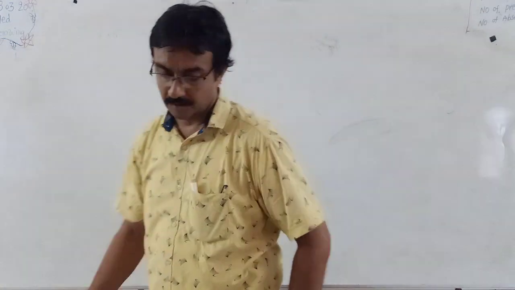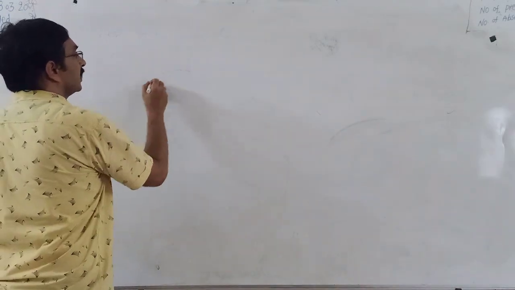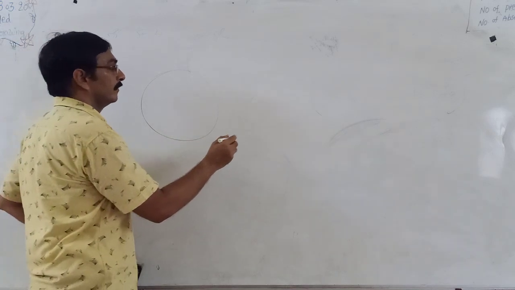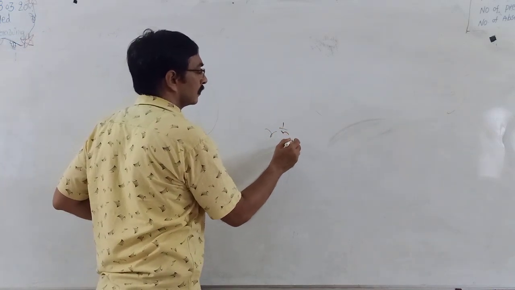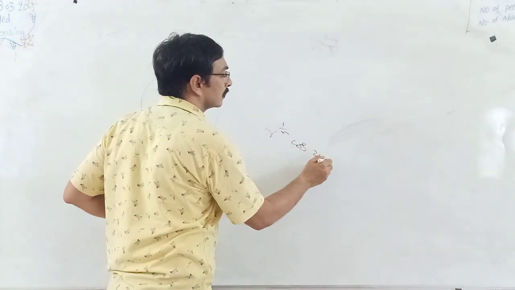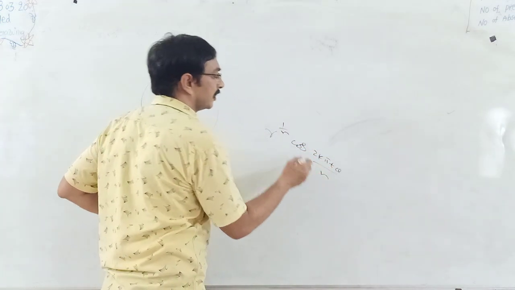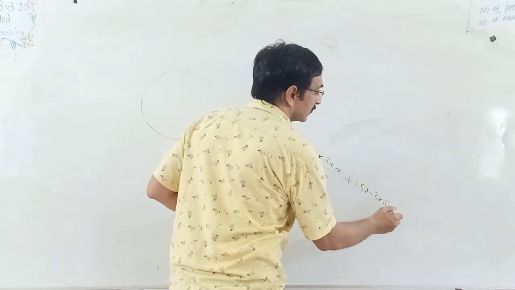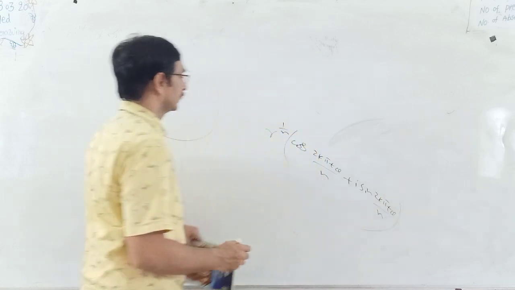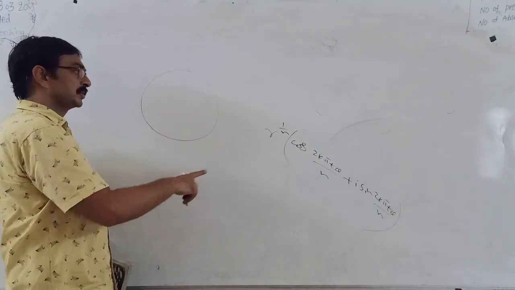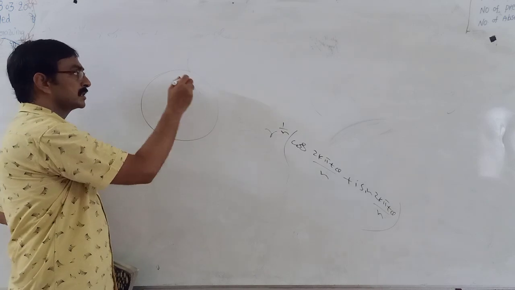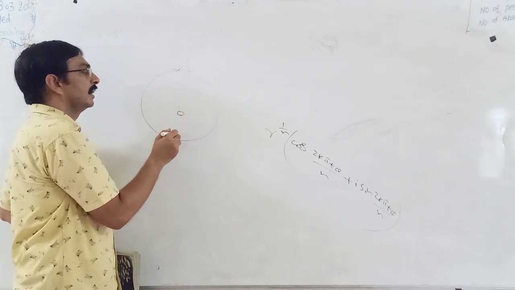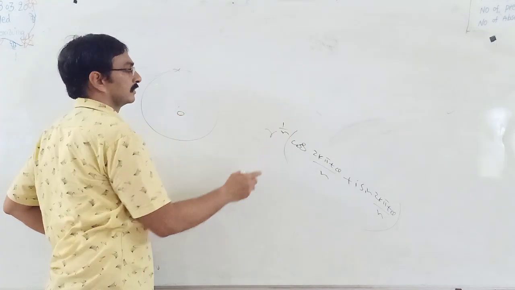Geometrical meaning of nth roots of unity. They lie on a circle. The nth roots formula is r power 1 by n into cos of (2k pi plus theta) by n plus i sin of (2k pi plus theta) by n, for k equal to 0, 1, 2, 3 and so on up to n minus 1. Clearly all these points lie on the circle having center origin and radius r power 1 by n.